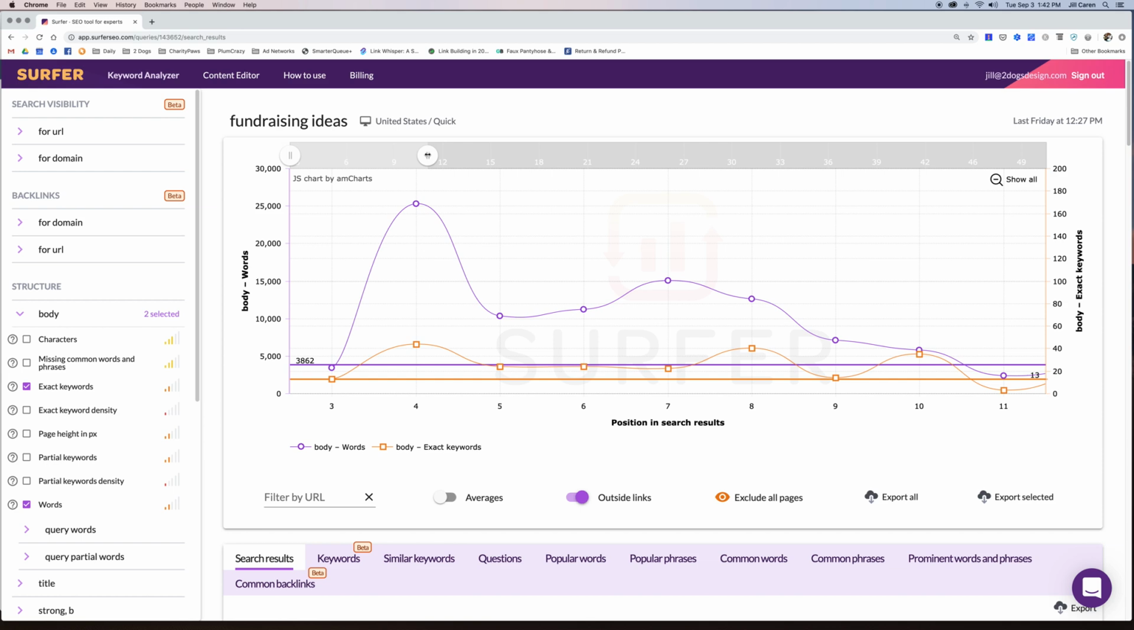So now we can look at the top 10 and get a clearer visual of how we're doing, and clearly we're not doing well on anything. So we need to improve our content, get more content. We need to improve our exact match keyword, get that higher up. So we have a lot of work to do. But we can turn this off and on and see different